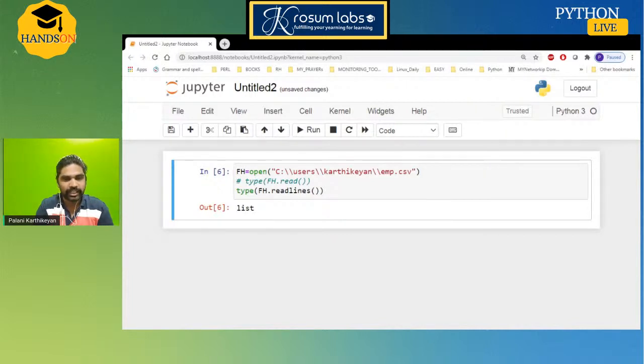We know the data structures, how to handle lists and strings. So the whole output content will be a list, and you can use all list manipulation styles. When you use the length function, you get the total number of lines. The length of the list is the same as the total number of lines in the file.